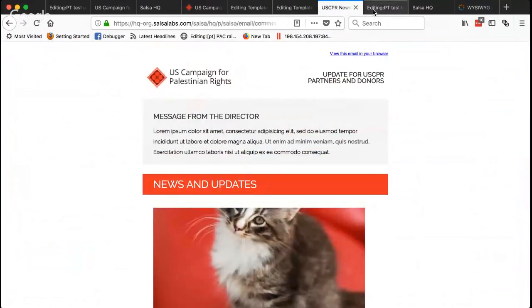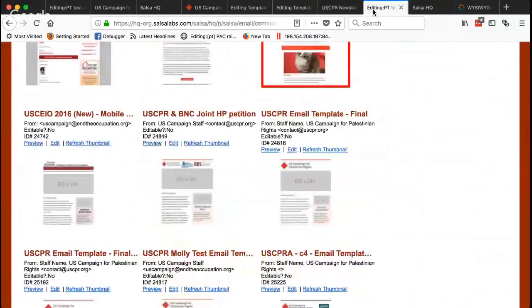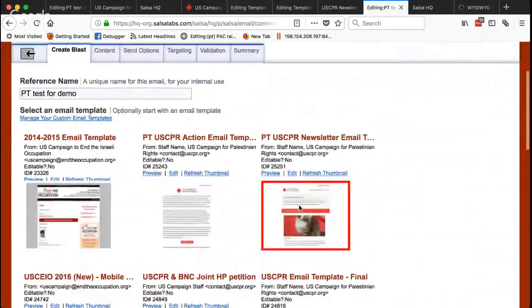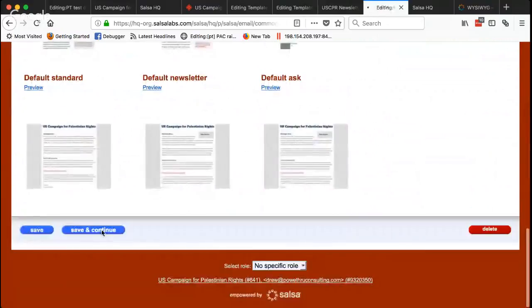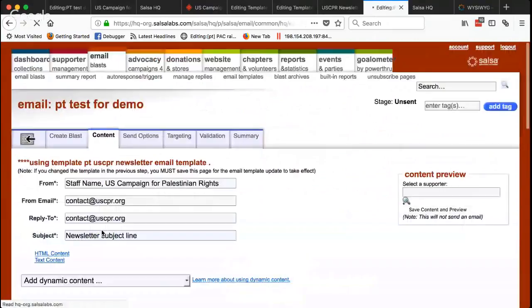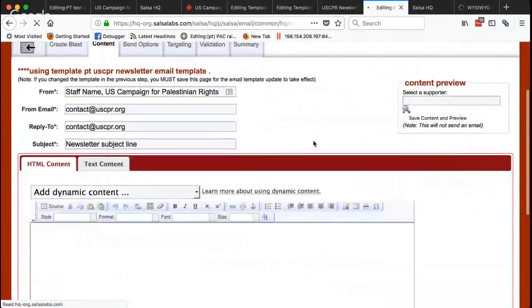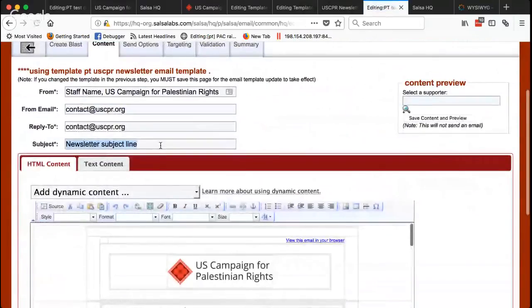So to use it, we would come into the main email tab and either click Create Blast, or you can go to the main landing tab and create a blast from there. Once you're there, you're going to select the newsletter email template and hit Save, or if you copied from a previous one, Save and Continue. And here again, the main HTML editing area is where you'll do most of your work. You can change the subject line,